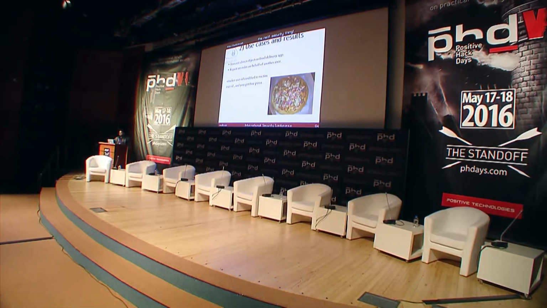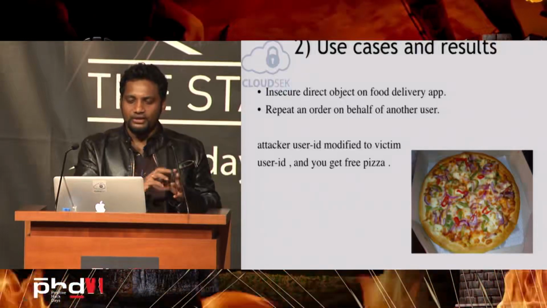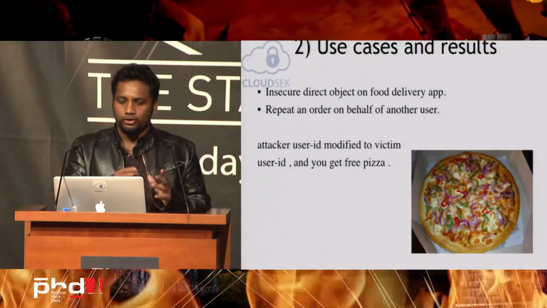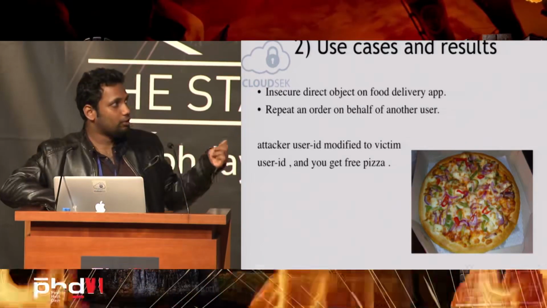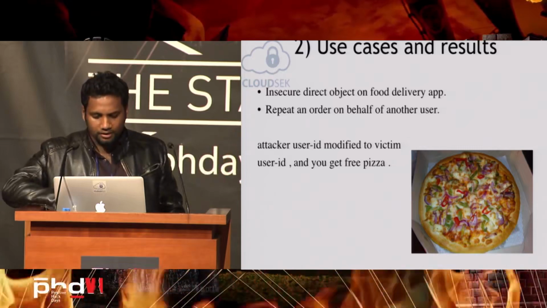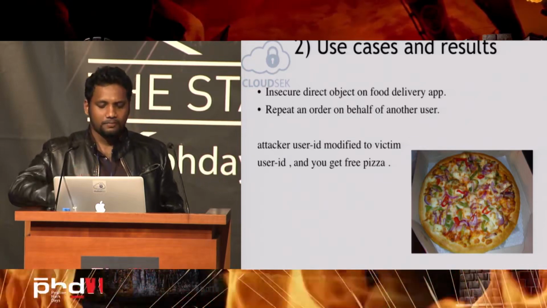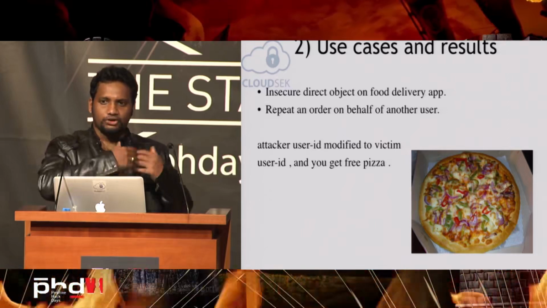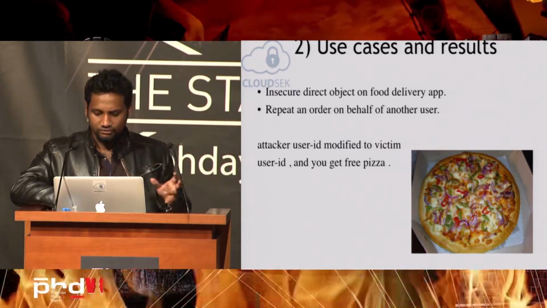The same concept applies when you have context of the application. It knows that this particular request is for a forgot password, or this particular request is to delete a particular user. When you have the context, you are able to create many more test cases. In one of the cases, with Pizza Hut, a pizza delivery application, we were able to find issues which can order free pizzas. The idea was it was able to navigate and use those functionalities from the previous learning and from the labels mentioned over there.